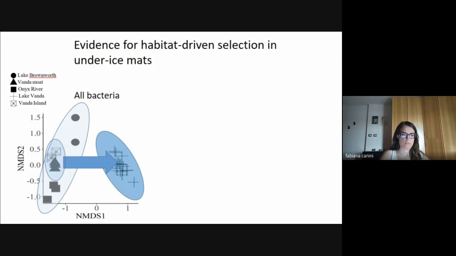If we look at this cluster of deeper mat communities, then we can see that they don't separate very well on the first axis of the NMDS, which really separates the shallow water from the deep water communities. But most of the separation is by NMDS axis 2, the second axis of the multidimensional scaling array.